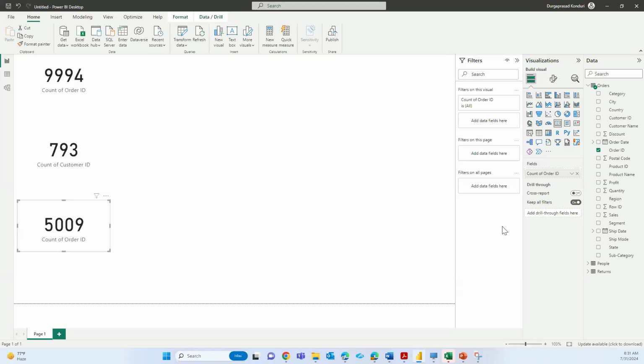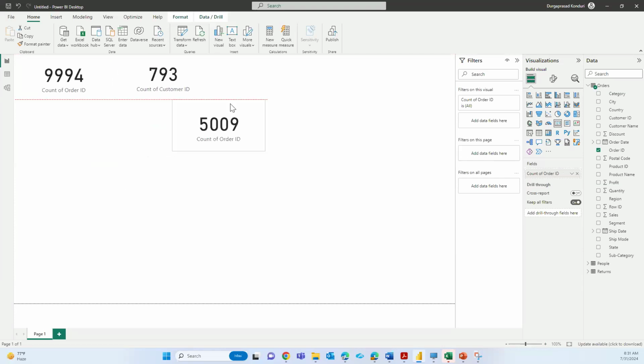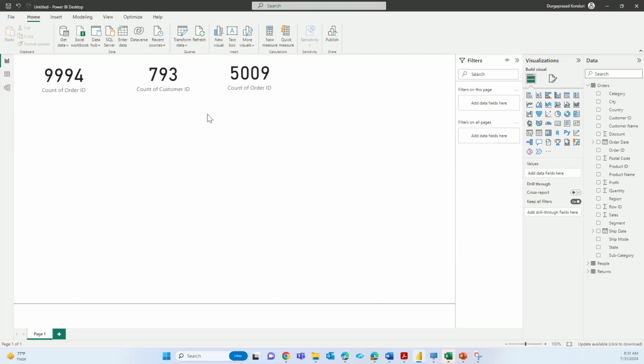Now, this is something known as a KPI, guys. What do you mean by KPI? KPI is a key performance indicator. These things identify, just like you are able to see the number of customers that you have, the number of unique orders, the total number of orders that you shipped. And on an HR basis, the total head count, how many employees do you have, what is the year-over-year growth. These are all KPIs and metrics